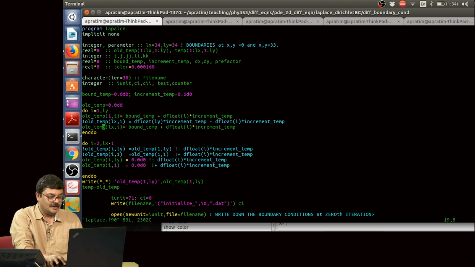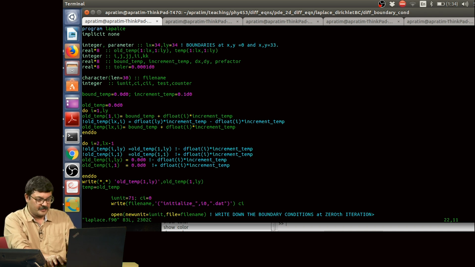Along x equal to Lx and for different values of y, I have again increased the temperature, in increments of 0.1, but here from 2 to Lx minus 1, right, for different values of x at y equal to 1 and y equal to Ly, I have kept the temperature equal to 0,